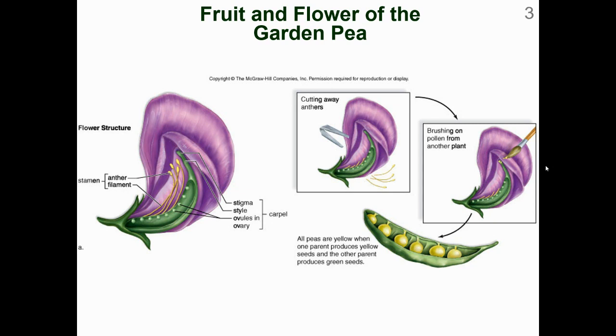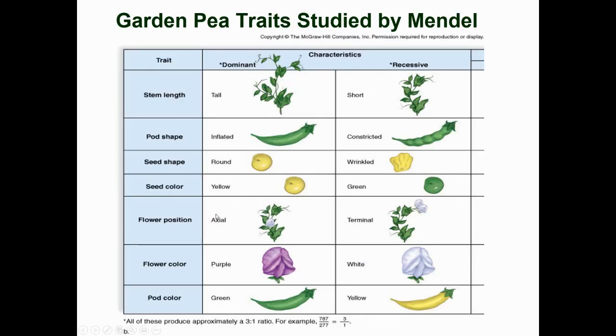So this is a typical garden pea and the flower. And the fruit and the flower, and we can see we have purple colors. These are the pea pods. We have the peas inside. What was really amazing and allowed Mendel to do this was all of the different characteristics on the pea plant occurred as either or traits. So there were no intermediates. There was no blending of traits,